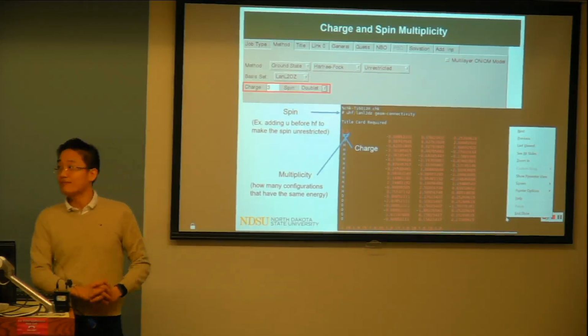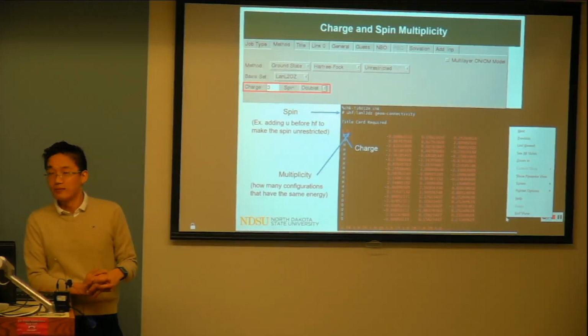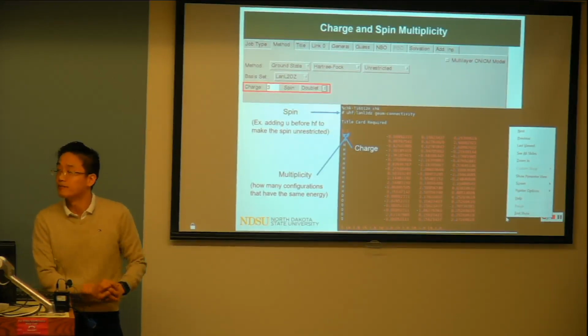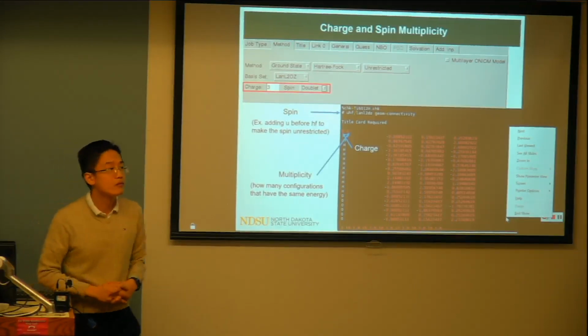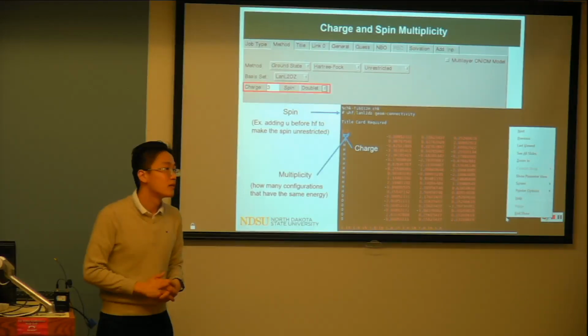The high multiplicity is needed for magnetic materials. If you do several magnetic atoms, you may need high multiplicity. So, I think that was the question about this day when you said that we can have 3